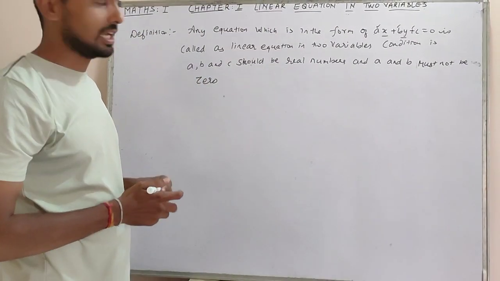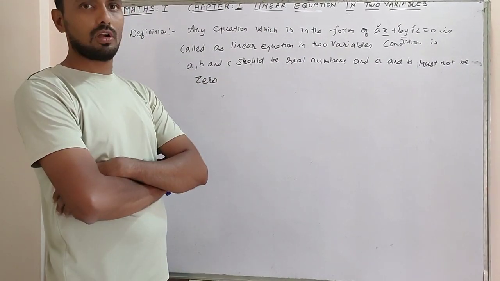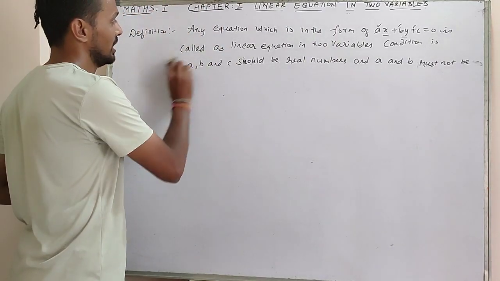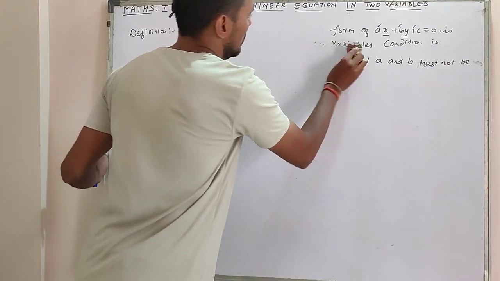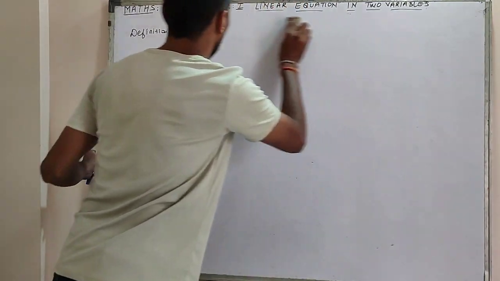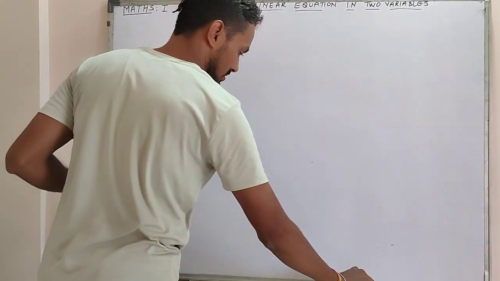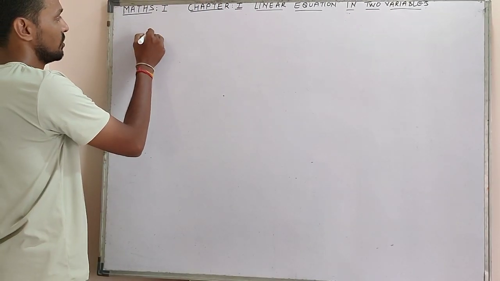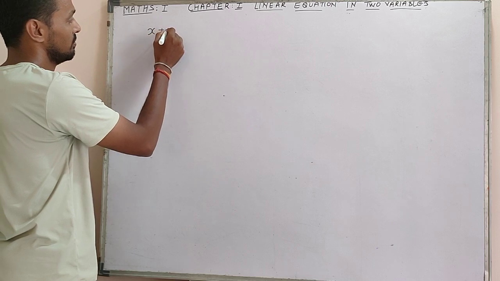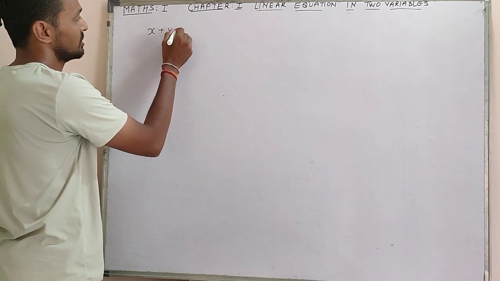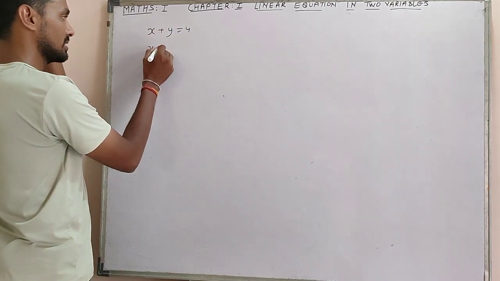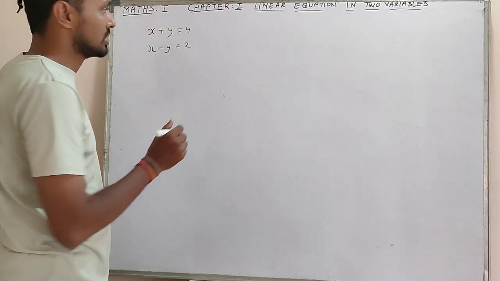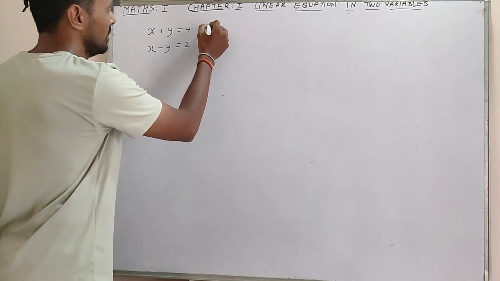I would like to give an example from the Maharashtra board. It can be solved in 4 ways. I would like to introduce you to that example now. Suppose I've got two equations. The equations are very simple, as I am just introducing it to you. x plus y is equal to 4, and the second equation is x minus y is equal to 2. So these are the two equations. We can solve them in 4 ways.